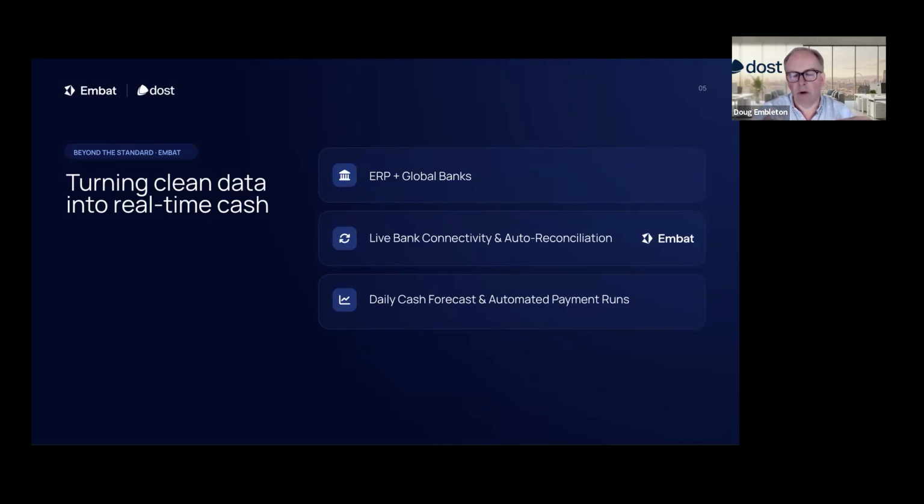So I presume when we link this together with AR, this obviously gives us an excellent ability to do more accurate forecasting of cash, because we've got all of the details for cash in and cash out and expected payment dates. Exactly, and that's really the last piece of the puzzle from an MBAT perspective. Well, I suppose that and payments.